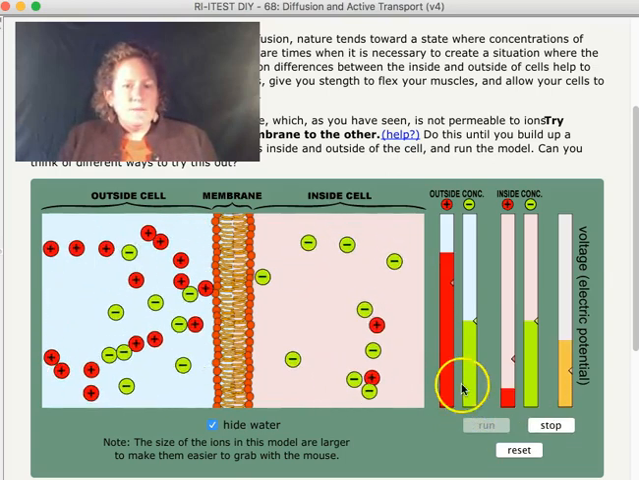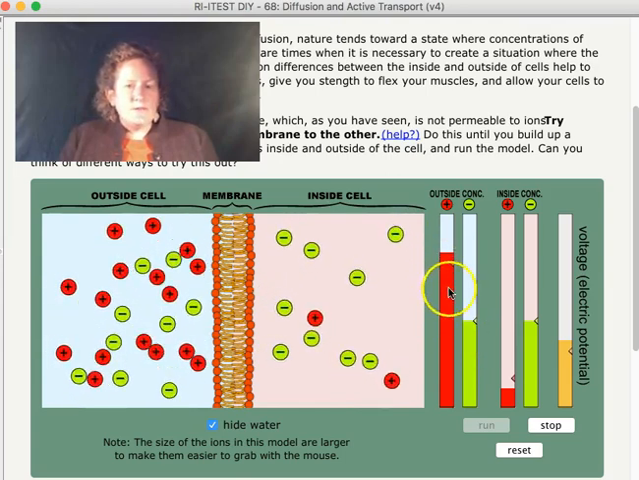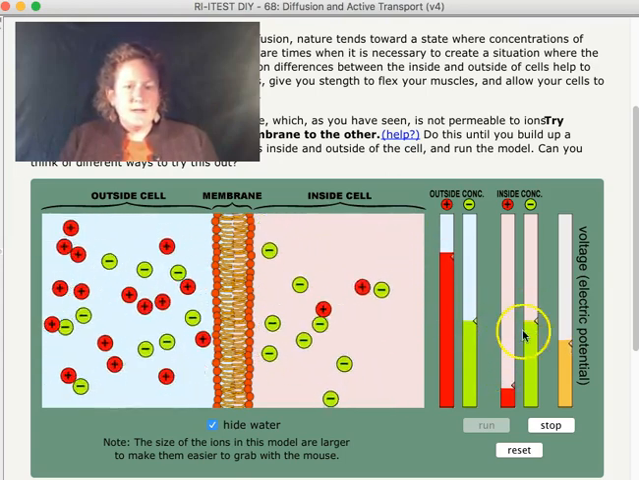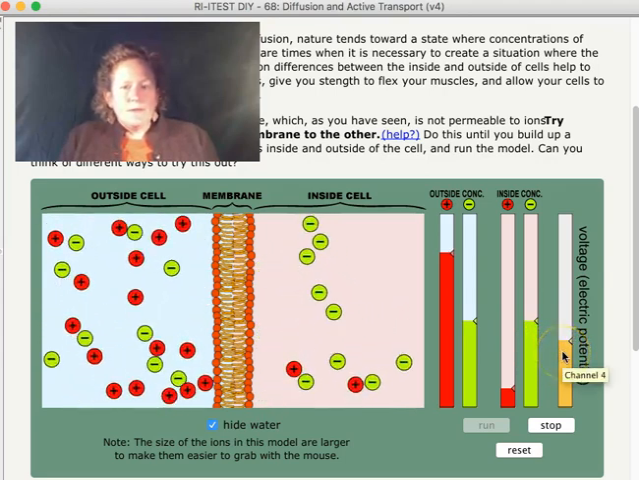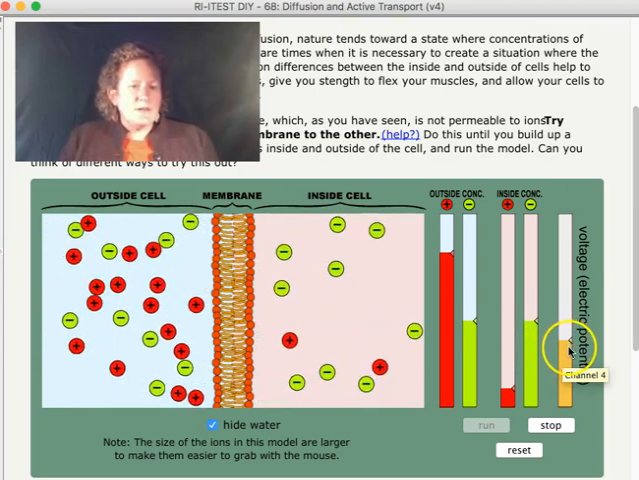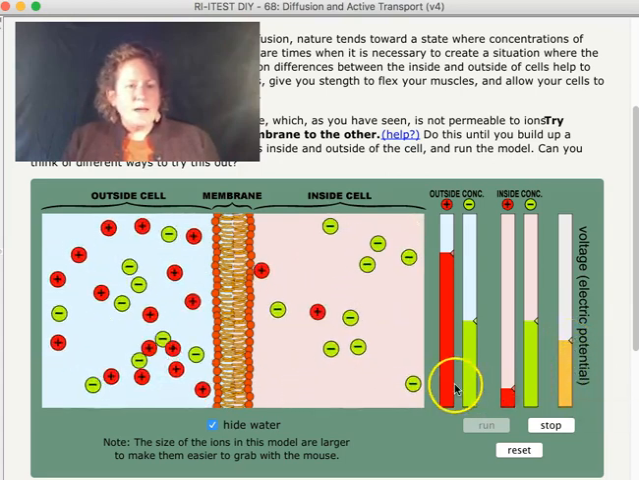Using energy to move something across a membrane is called active transport. Now, if we run it, we can see that the outside concentration is different. The inside concentrations are different. And the electric potential is starting to develop. If we go back to the beginning,